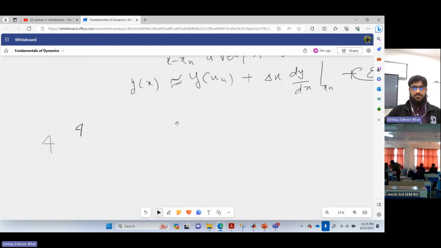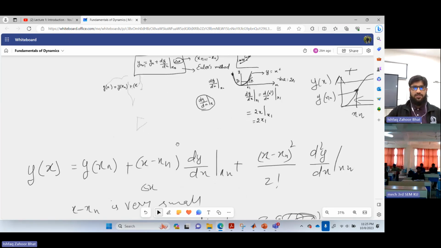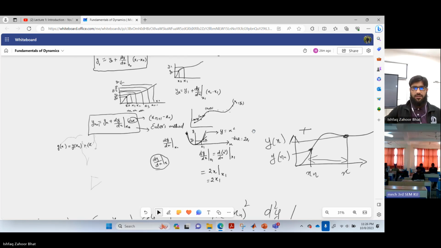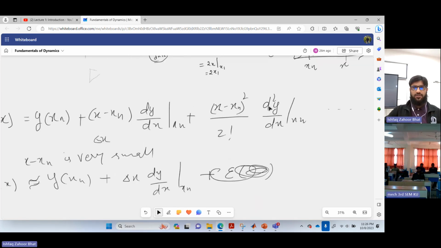So in the last class, we discussed the general structure, like how we are going through this course. So in general, we will have some function which will have some value at some given instant or given point, and we want to plot the whole trajectory. So in today's class, we will discuss the